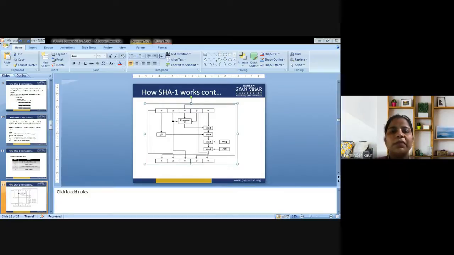So what is basically the development that is behind the SHA algorithm? Let's discuss the same. SHA1 produces the message digest. Have a look at the diagram. It is based on principles similar to those used by Ron Rivest in the design of the MD2, MD4 and MD5 message digest algorithms, but it generates a larger hash value, that is 160 bits versus 128 bits.